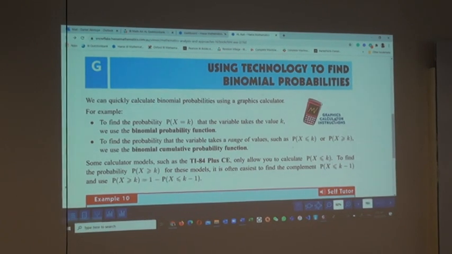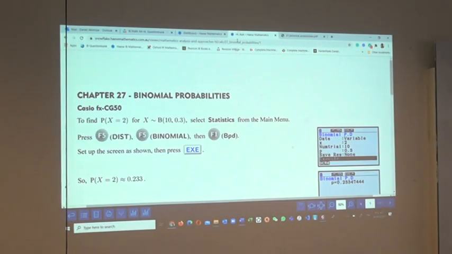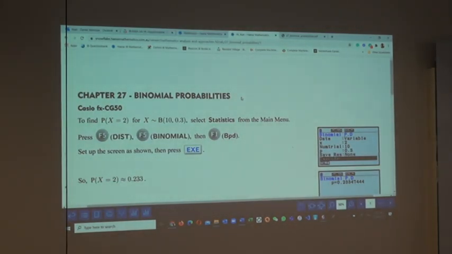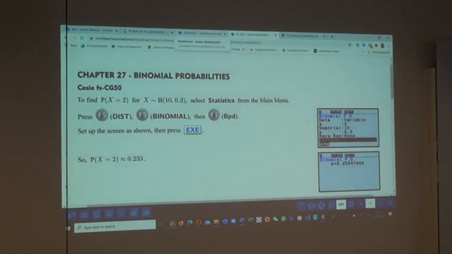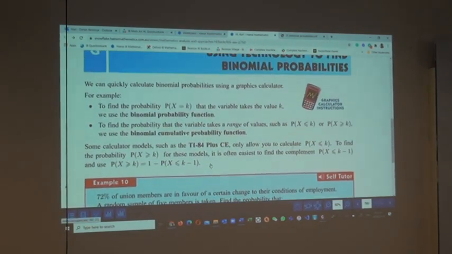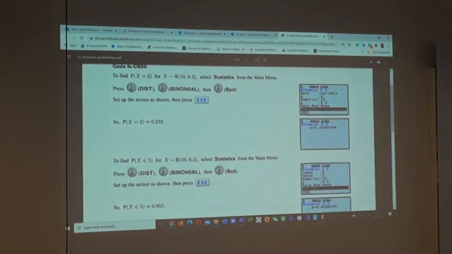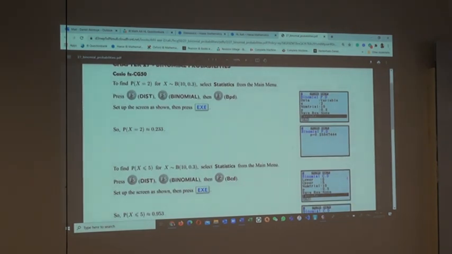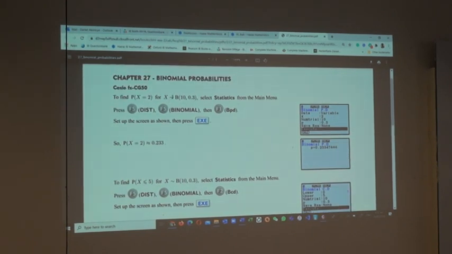All right. So this is the calculator instruction which I will be sending to you. If I have not, I think it's already on the drive, so you can look at it, or I will just send the screenshot again. Now, let's go to the question that led to this instruction. Okay, let's just try this one first. If you want to find the probability that x is equal to 2 for a binomial random variable,